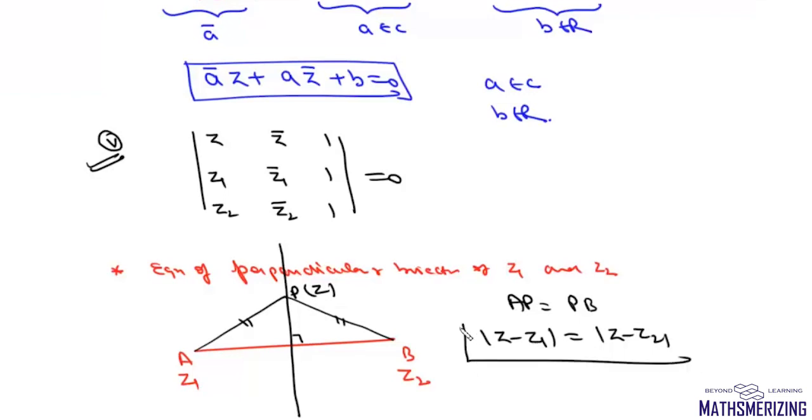So this is another way to write the equation of a straight line. If we are given an equation mod of Z minus Z1 equals mod of Z minus Z2, it again represents a straight line, which in this case is the equation of the perpendicular bisector of AB. In some cases, they may also write it as mod of Z minus Z1 upon Z minus Z2 equal to 1, and then this equation will represent a straight line which is the perpendicular bisector of Z1 and Z2. But in that case, mind it, the coefficient of Z must be 1 in both numerator and denominator. If it is not 1, then it may not represent a straight line.